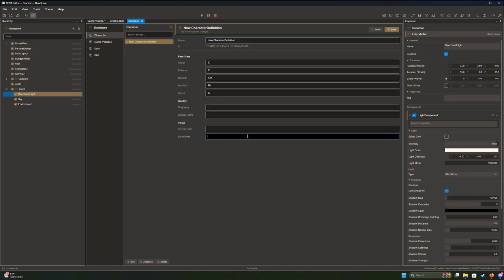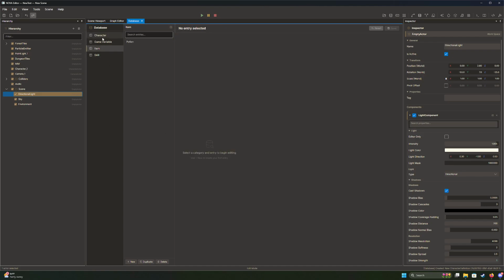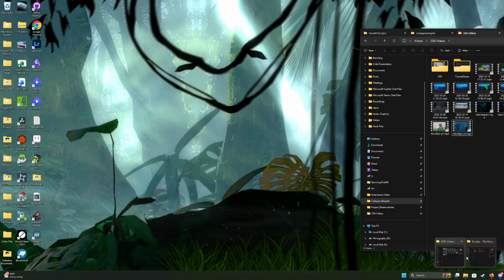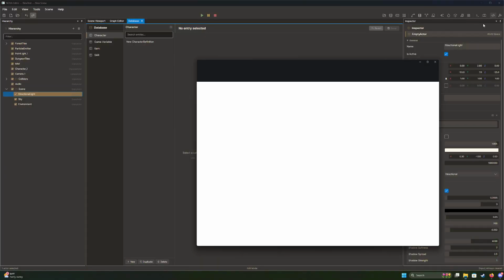sprite paths. These are sort of unneeded, but they're there just in case you want them. But yeah, these are the default tables that come with your database. And of course, you can override them or delete them if that's what you want. I believe they come in every